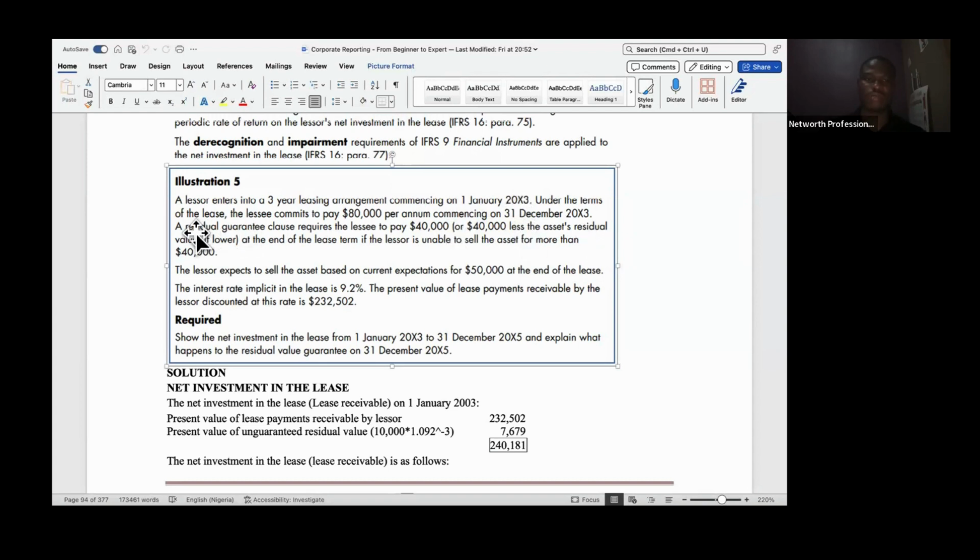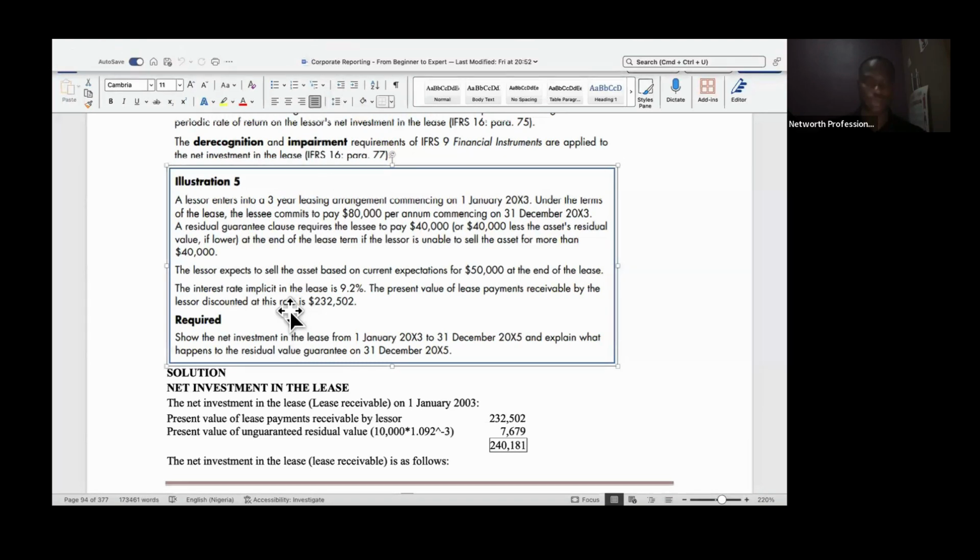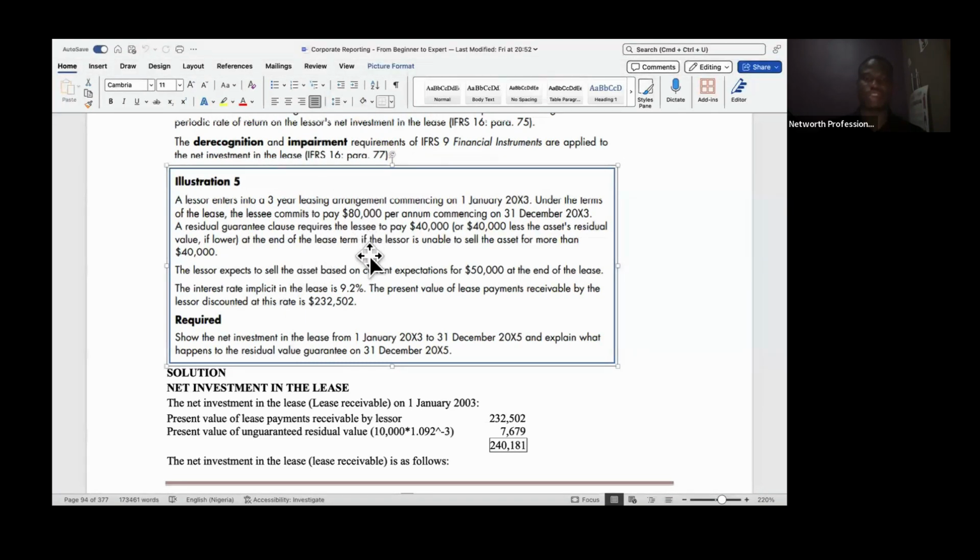Under the terms of the lease, the lessee commits to pay 80,000 naira per annum. I know it's dollars, but I meant to write naira in all. Per annum, commencing on 31st December 2003. A residual guarantee clause requires the lessee to pay 40,000 less the asset's